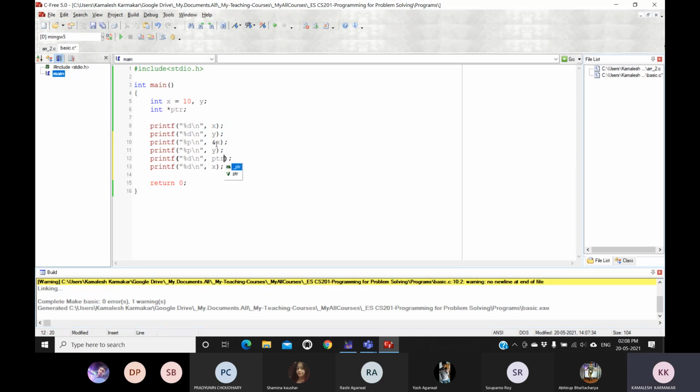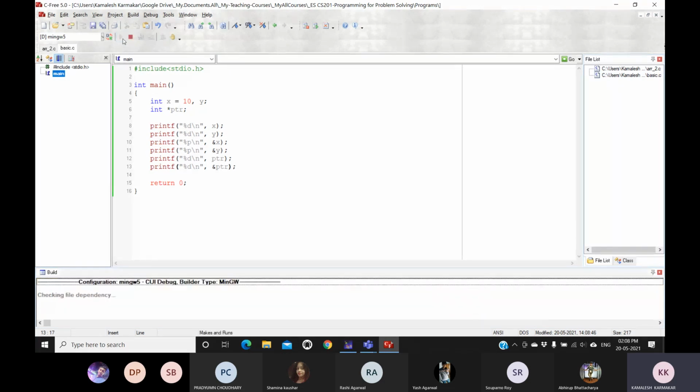Similarly, I want to print the value of ptr and the address of ptr. So I have three variables here, x, y and ptr. I am going to print x, y, address of x and address of y, and now I am printing ptr and address of ptr.